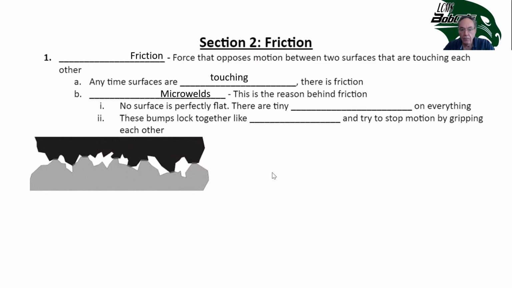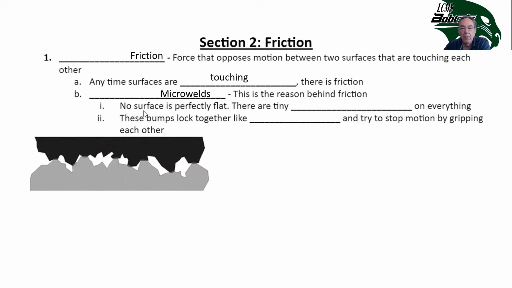Micro welds are what cause the friction. So if we had a super magnifying glass and we looked at even the smoothest surface, like the glass on a mirror or something that we thought was highly polished, it would look like this, kind of like sandpaper and all craggly, and it would stick together. So you can see how these things stick together, and when you try and slide them, this is where the